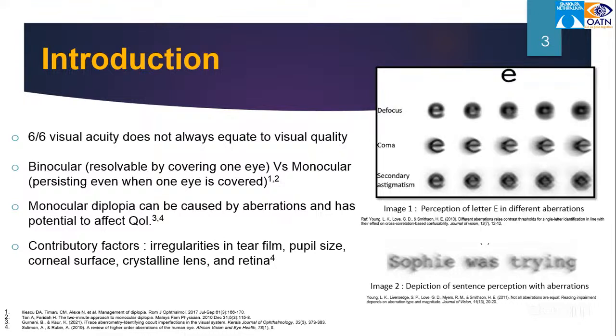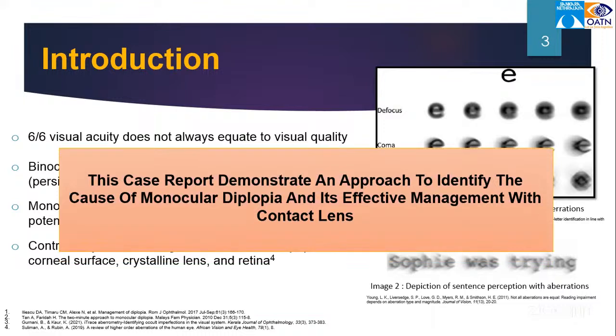So when the patient presents with symptoms like this, the first step is to identify whether these symptoms are binocular or monocular. Monocular diplopia usually persists even after occlusion of either eye. Aberrations can be one of the factors of monocular diplopia, which can be caused by several anatomical and optical factors, starting from irregularities in the tear film to the retina. So this case report discusses an approach to identify the cause of monocular diplopia and its effective management with